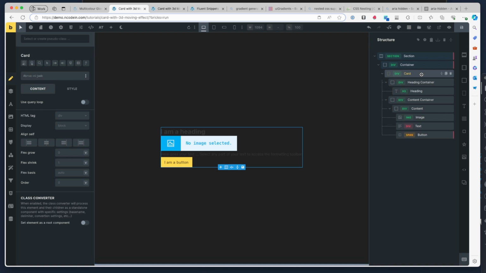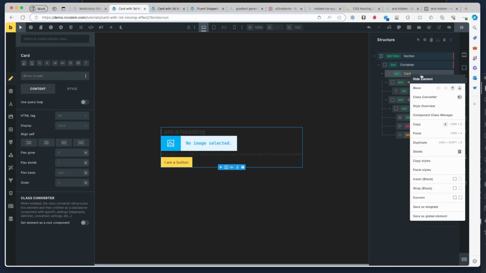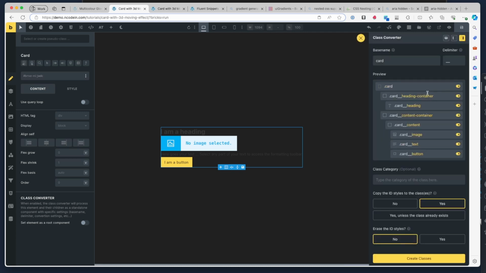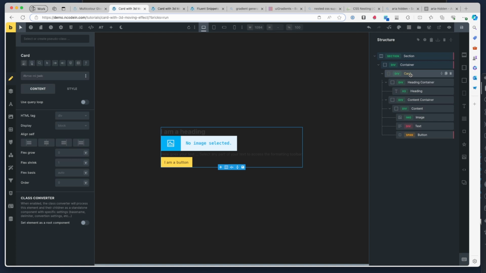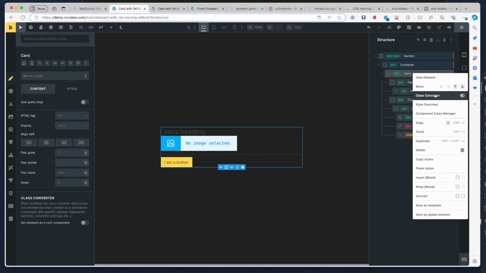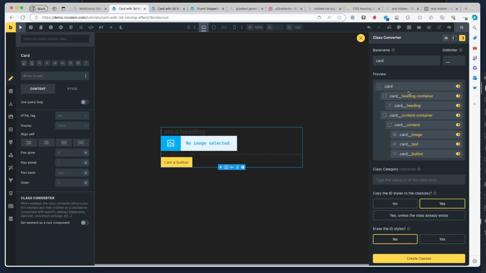I'm going to go over here and use a feature of Advanced Themer called the class converter. So I'm just going to close that. Just take note of that: heading container, heading, content container, content, image, text, button, yeah? That's because I named all of these boxes, okay? I named them all, and what Advanced Themer does is use that information to start building out some classes. This here is the prefix, and it's called cards. This is what you might name them as. If you're building classes, whether it's in a different builder or in a code editor, you might use this, but I'm just going to go up here and add my